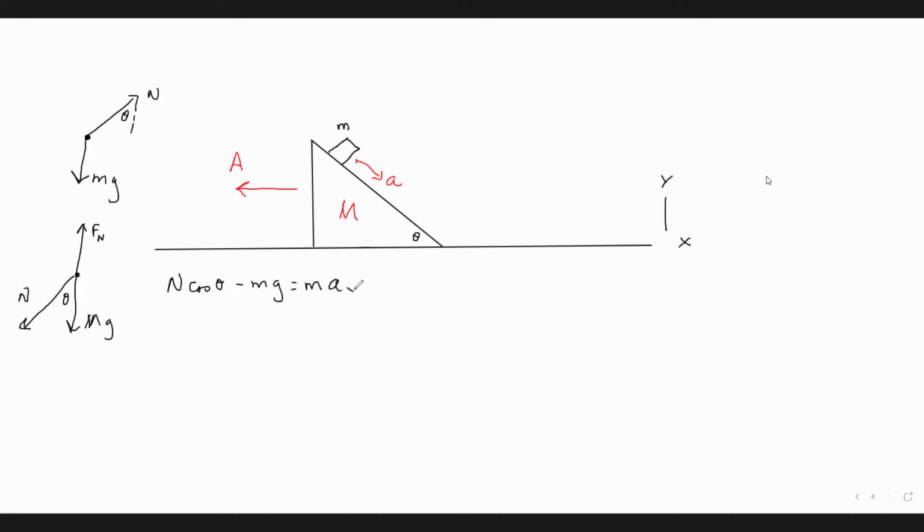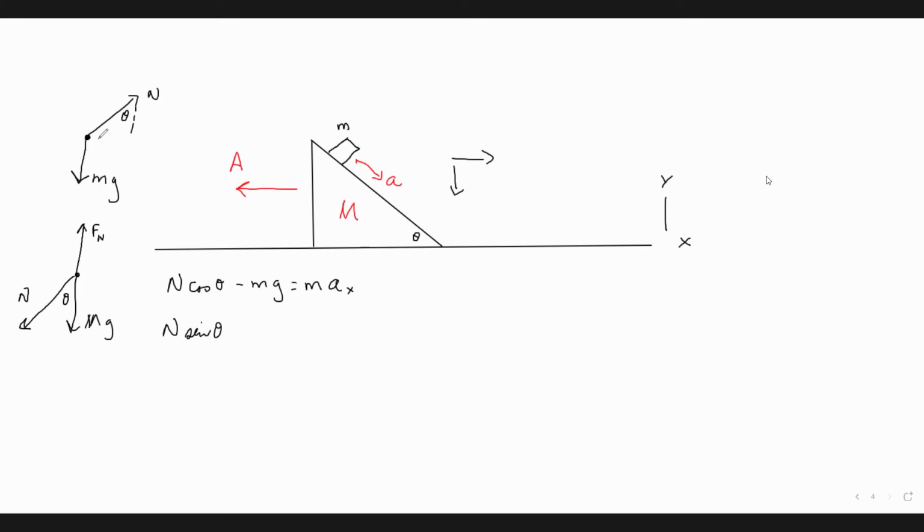The acceleration of the block in the x direction. So this acceleration that goes down here has a component in the x direction and has a component in the y direction. Now we can write another equation, which would be n sine theta, which is in,